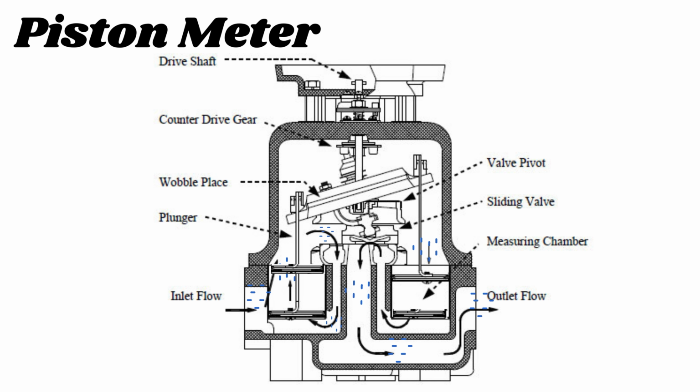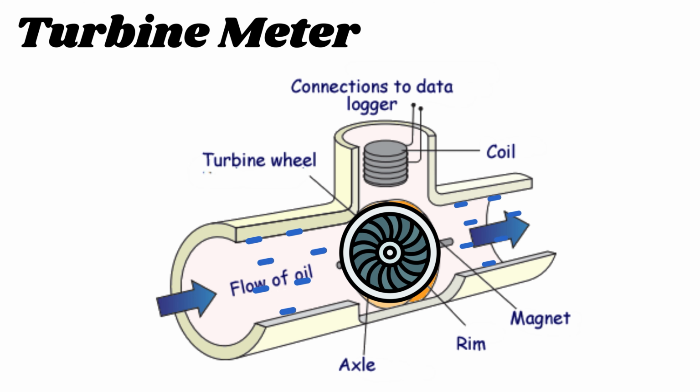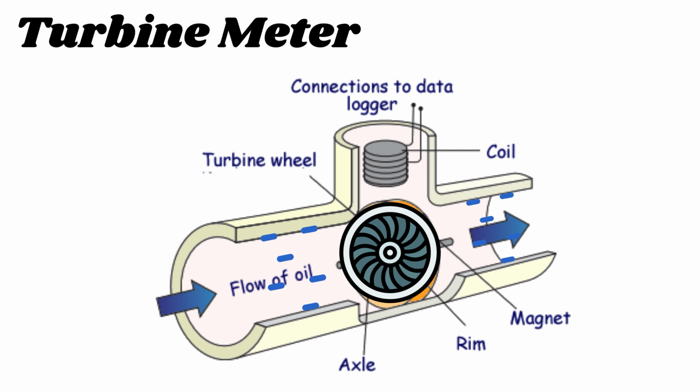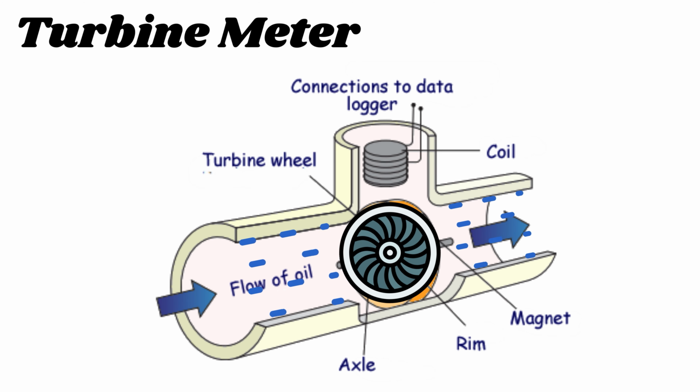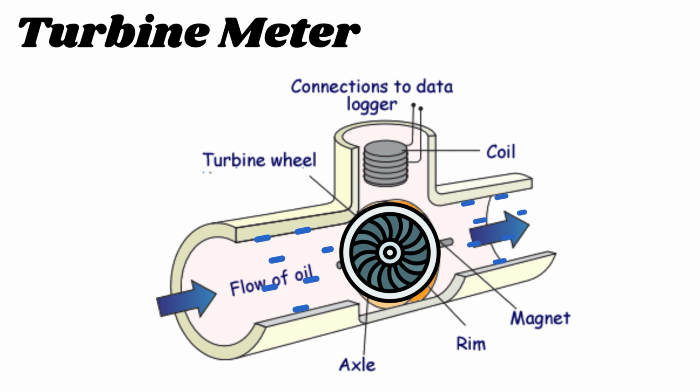Piston meters work on the principle of positive displacement flow meters. It is suitable for the measurement of the flow of low-volume fluids. Turbine flow meter. The turbine flow meter senses the volume of the liquid. It consists of freely suspended turbine blades, and when the fluid passes through, the turbine blades start to rotate. The velocity of the rotating turbine is directly proportional to the fluid velocity that is passing through the flow meter.